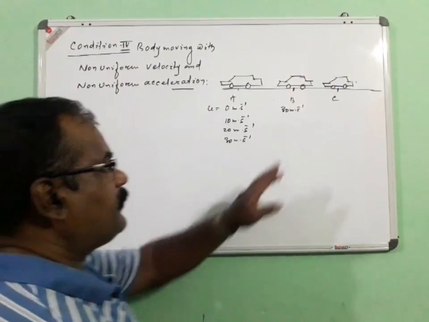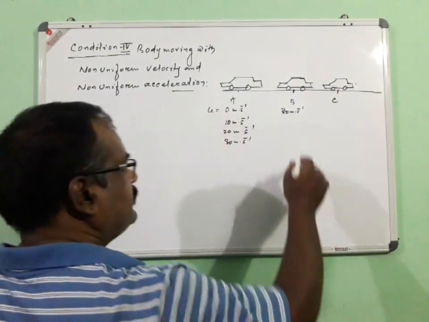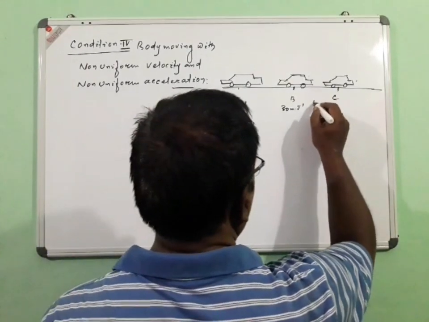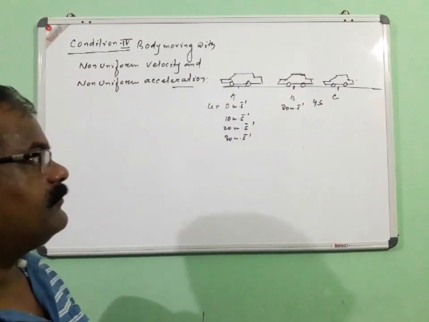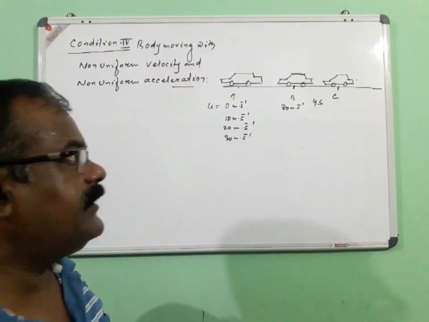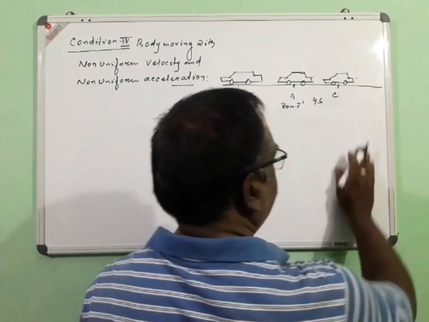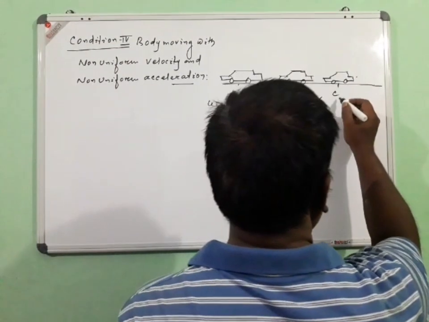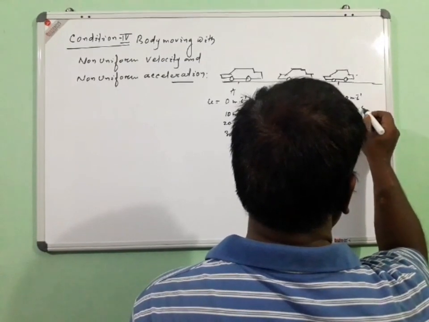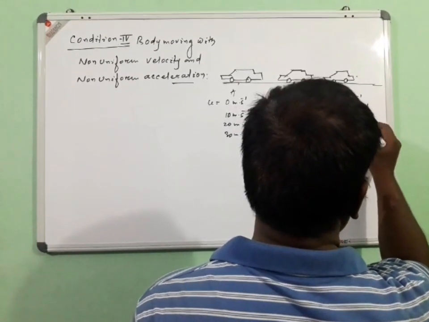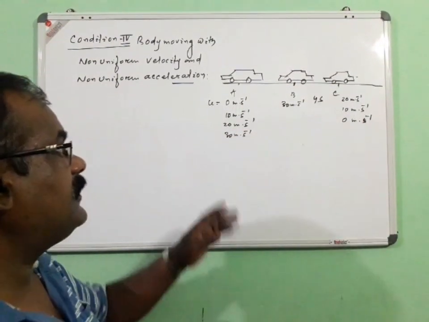Now, from B to C, it has not changed its velocity, and this took 4 seconds, for which the velocity remains the same. Now, from C, it has applied the brake, and gradually the velocity decreases at the same rate, 20 meter per second, 10 meter per second, and finally it has come to 0 meter per second, or rest condition, after 3 seconds. Try to understand.